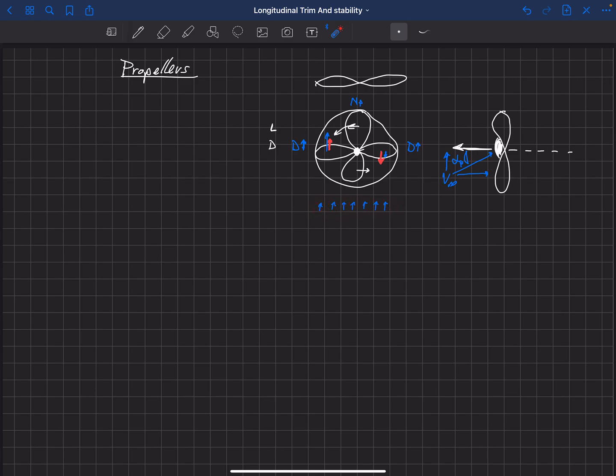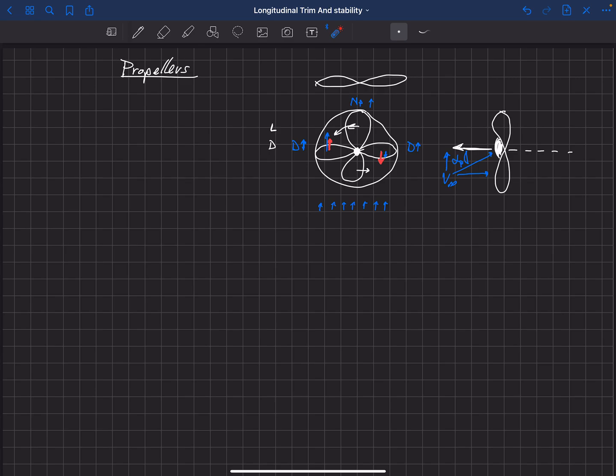So if it has some free stream velocity that's coming in from the bottom of the propeller, then it's going to create this normal force in the upward direction of the propeller. I should put an arrow here. So it's going to be upward. And the same thing is going to apply once we get into lateral. You'll see what if we have some side slip. So what if the flow is coming in from the side over here? Well, then we'll get a net force in that same direction. Okay, so whatever direction the flow is coming in from, we get a net force in that direction due to a difference in drag on the blades as they rotate around.